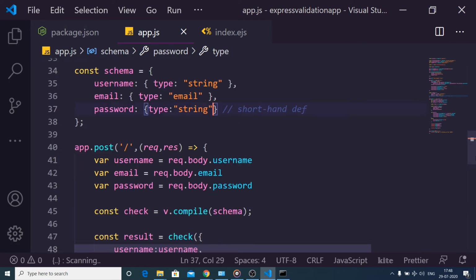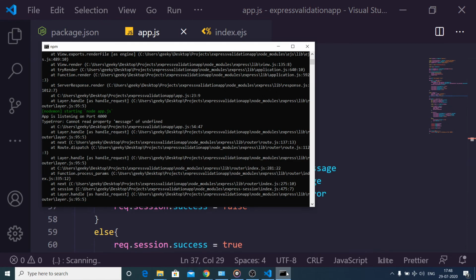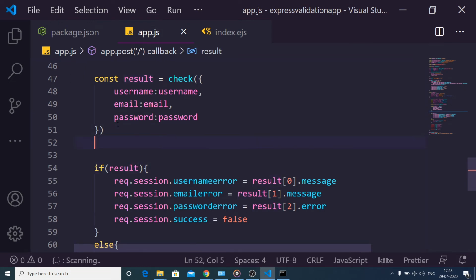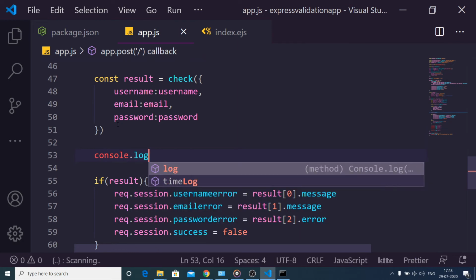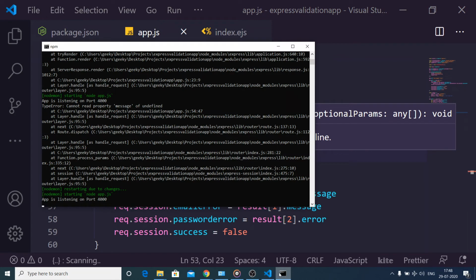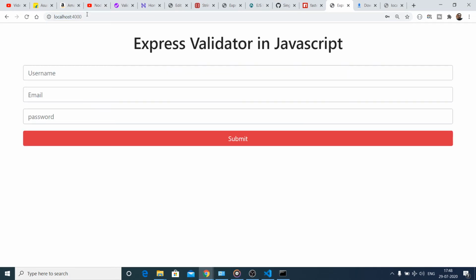Just wait guys, I'm just checking what it contains inside the result variable when our form is successful, when we have entered all the correct values.